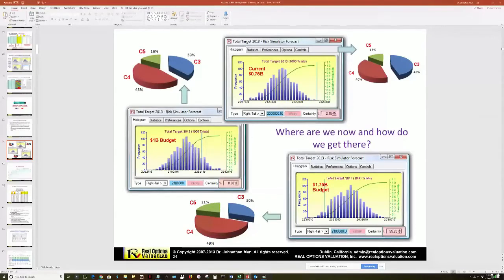So how much money do you put in for research and development? With 0.75 billion, $1 billion, 1.7 billion, how much do you put in? And given that budget, where do we park it? Which of these programs do we invest in, such that we have a probability of exceeding the expectations of Wall Street? The last thing you want to do is tell Wall Street we're going to hit this target, and then you miss it. There's going to be huge overreaction and ramifications. So you want to make sure that you've got a 99%, 95% chance of exceeding where you are.